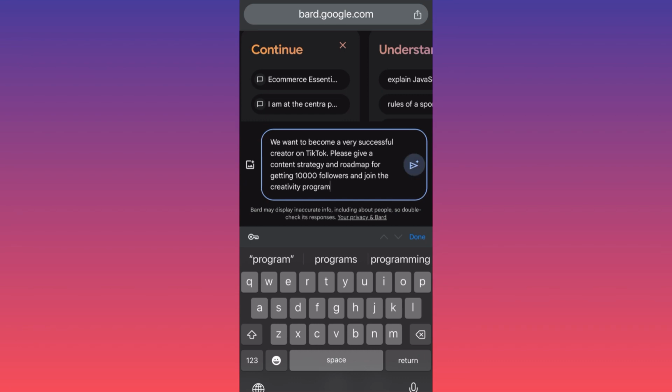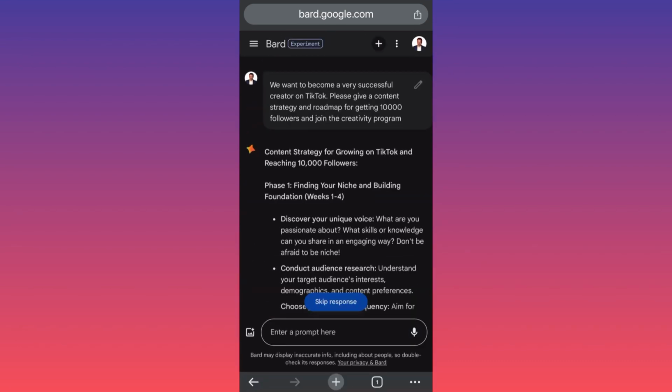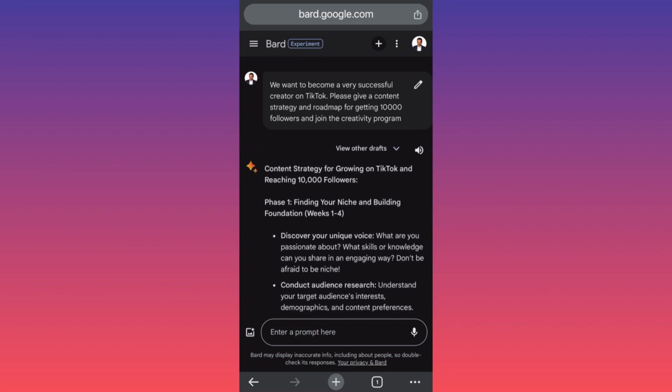Let's see what kind of strategy Bard will give us, because we all know 10,000 followers is the requirement for you to join the creativity program beta. I do have an account that is part of it, so it's very good. Let's see how you can achieve that if you start from scratch today.